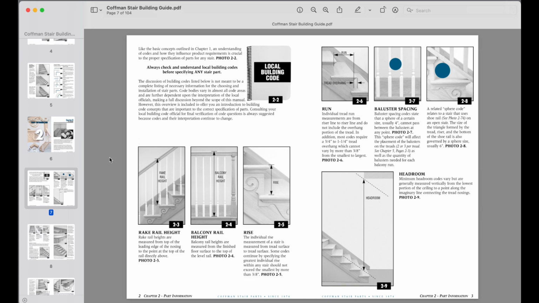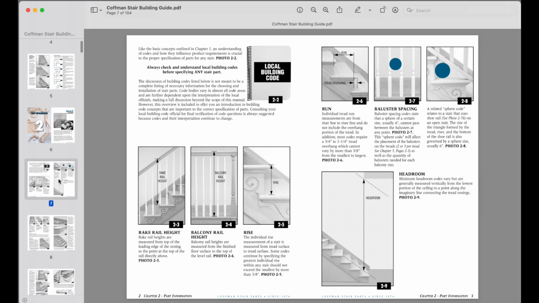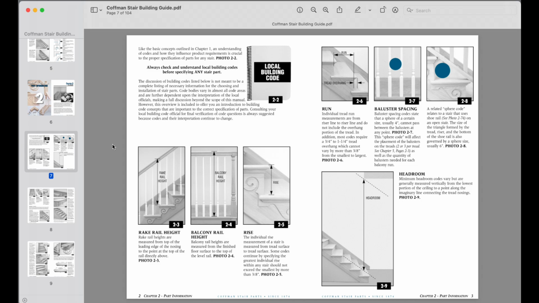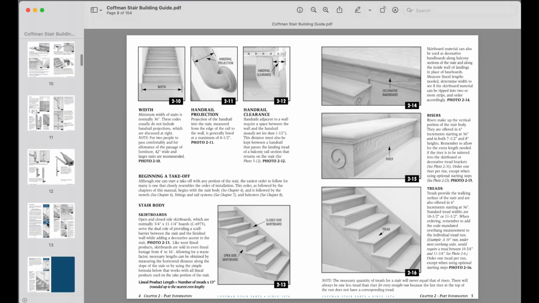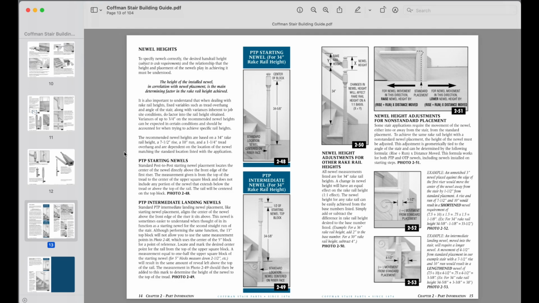It's kind of unnerving when the inspector comes in with this little ball and actually sticks it to your balusters on the balustrade, checks your rake angles, checks your handrail height. You know it's right, but it's still a little unnerving. So that's that page. Then if we go down to page, I think it is 13, this will discuss in detail